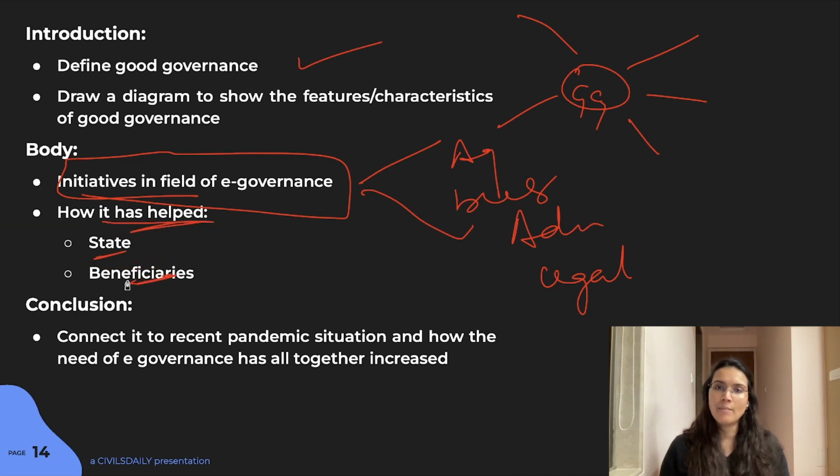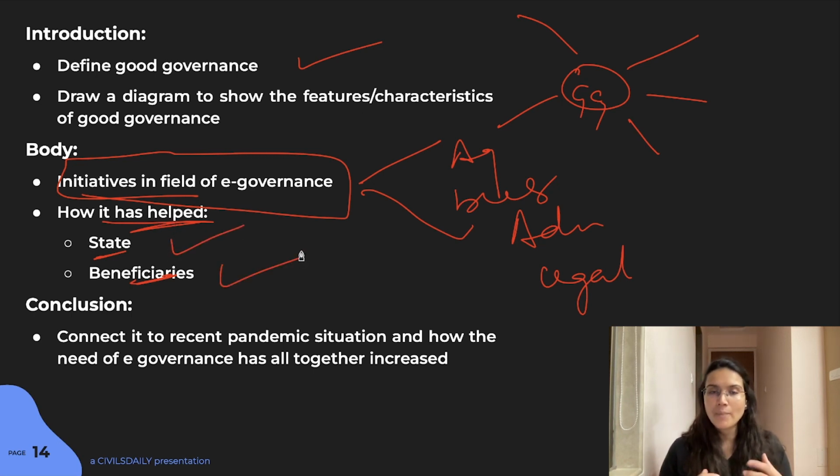Don't club it under one. How it has helped the state, because helping the state would be in the direction like it has reduced wastages, it has helped to control corruption, the efficiency has improved, the state is much more participatory and open, right? Like the people can directly register their complaint via the online thing. So these kind of things, the monitoring is much better. We've got Pragati kind of initiatives, right? So that is how it has helped the state.